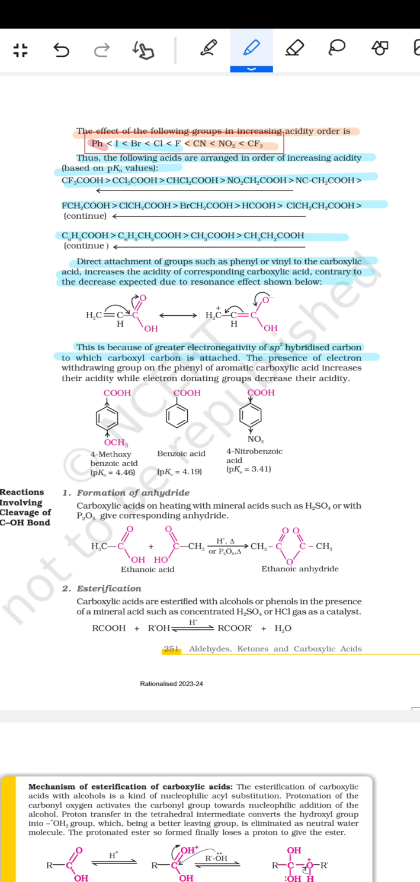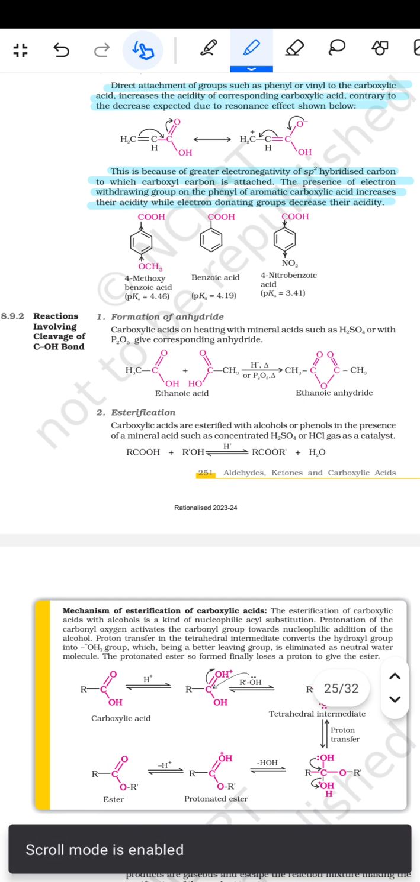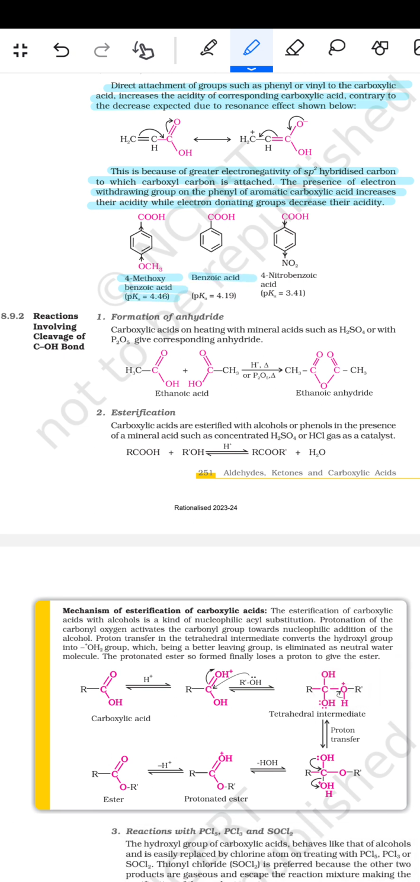The presence of an electron withdrawing group on the phenyl ring of aromatic carboxylic acid increases their acidity, while an electron donating group decreases their acidity. तो यहाँ पर 4 मिथॉक्सी बेंजोइक एसिड दिया हुआ है जिसका pKa 4.46 है। यहाँ पर बेंजोइक एसिड है जिसका pKa 4.19 है। फिर यहाँ पर 4 नाइट्रो बेंजोइक एसिड है जिसका pKa 3.41 है। फिर आता है रिएक्शन इन्वॉल्विंग